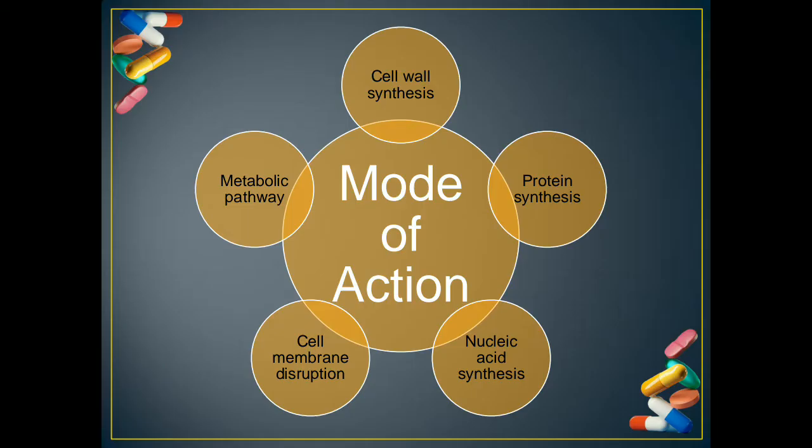We have antibiotics that inhibit the cell wall synthesis, those that inhibit the protein synthesis, the antibiotics which are inhibiting the nucleic acid synthesis inside the bacterial cell, antibiotics which are disrupting the cell membrane structure, and those which are inhibiting the metabolic pathway. So we will be looking into each one of these modes in detail. We will see what the different antibiotics having this mode of action are, and what exactly they go and attack in that particular mode. So let us get into it.